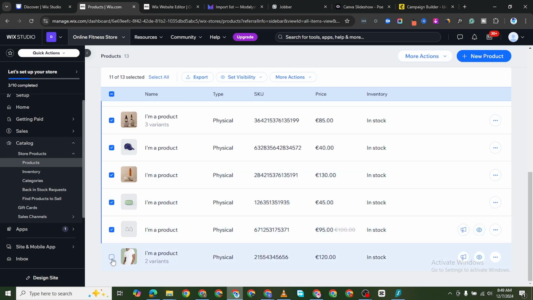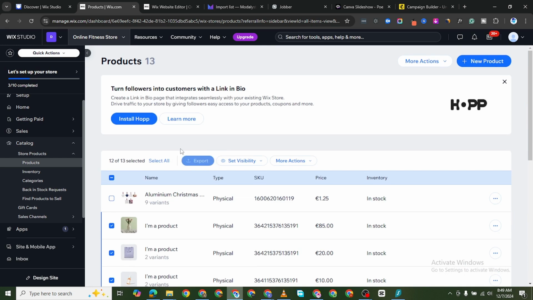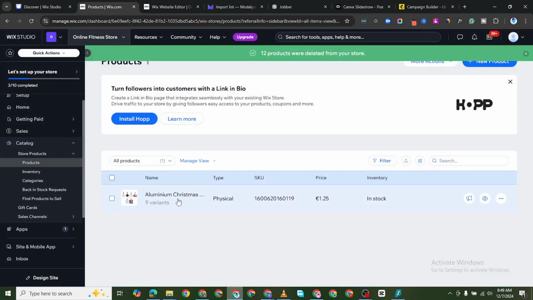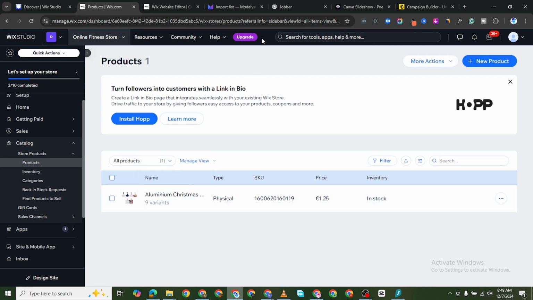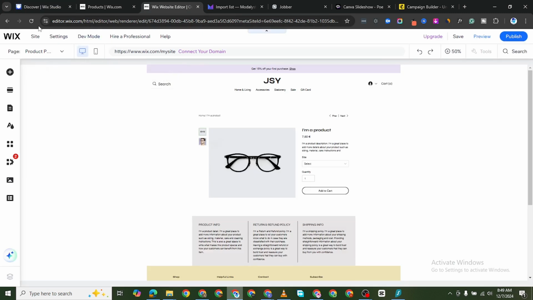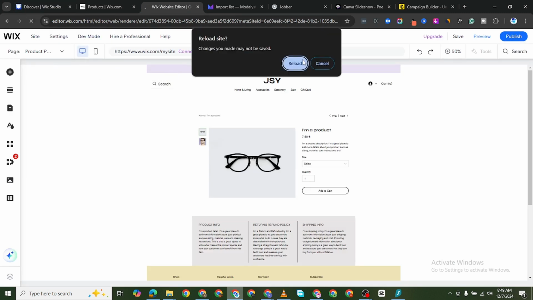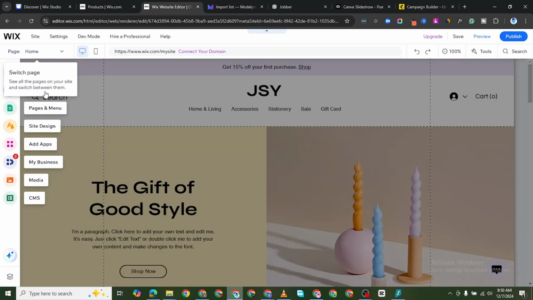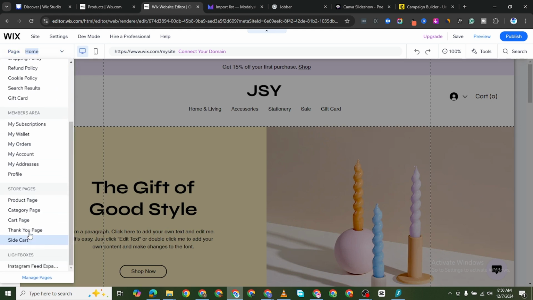And I'll move all of these, more actions. I'll delete all of these. Yes, I'll delete all of those. And you see this aluminium, which was imported from our dropshipping supplier. So if I reload this page right now, it's going to prompt me to go back to the product page. If I should now come back to my products, I'll click here to this product page,